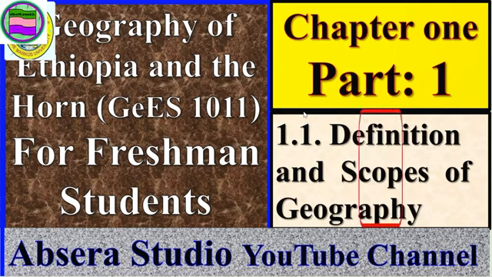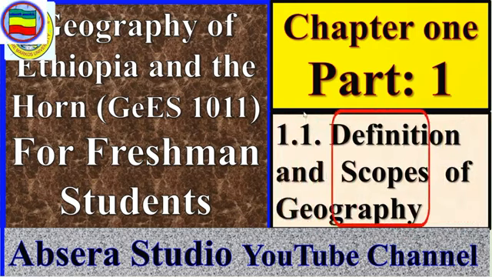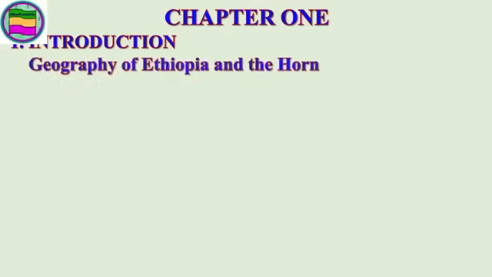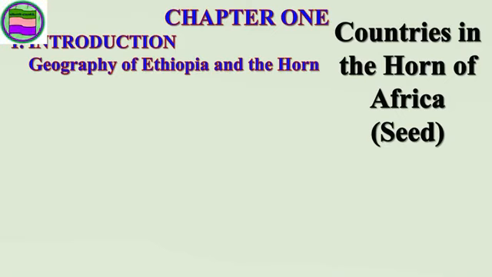Welcome to my presentation. Today I am going to present the course entitled Geography of Ethiopia and the Horn. This is for freshman students. This is chapter 1, part 1, which is the definition and scope of geography. The first chapter is the introduction, which means the geography of Ethiopia and the Horn: I will show you the geography of Ethiopia and also the geography of the Horn of Africa. The countries included in the Horn of Africa are Somalia,